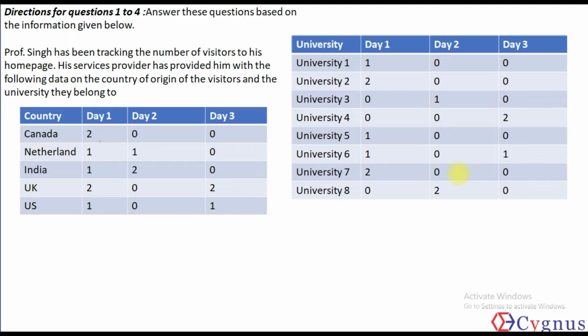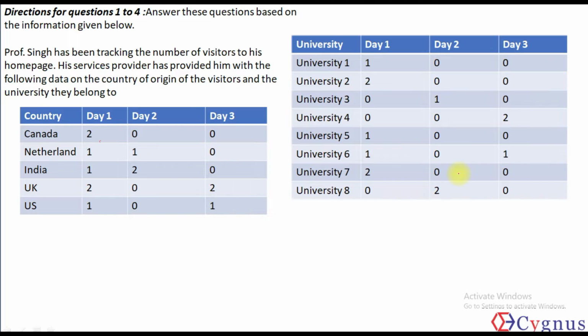Professor Singh has been tracking the number of visitors to his homepage. His service provider has provided him with the following data on the country of origin of the visitors and the university they belong to. Okay, but it's not given which country university 1 belongs to or university 2 belongs to, so you'll have to match it. The data given is about what? Number of visitors to his homepage. For example,